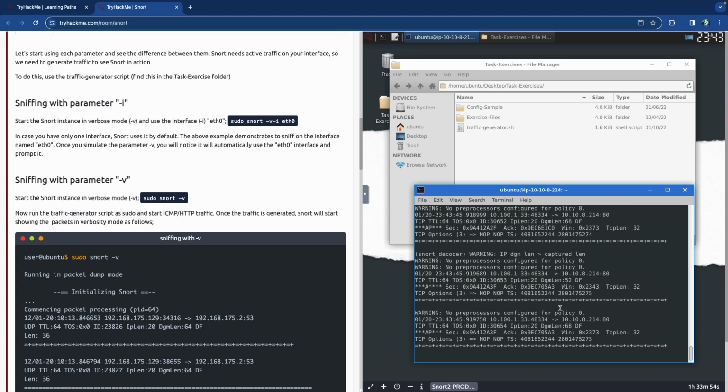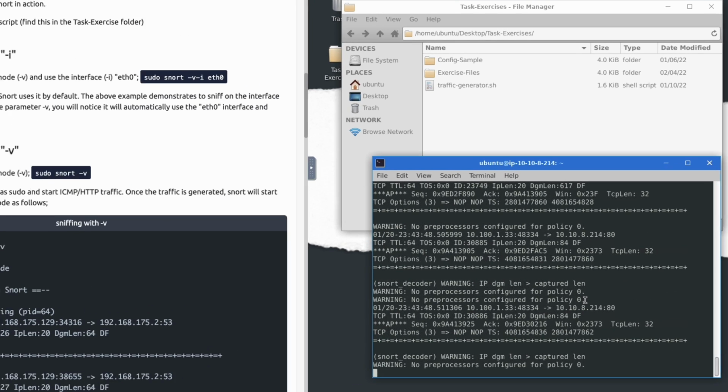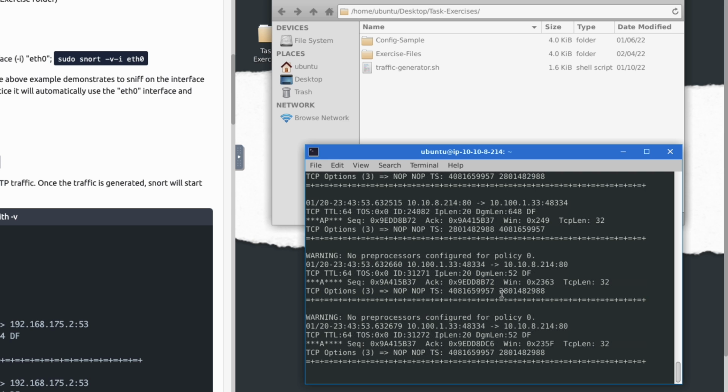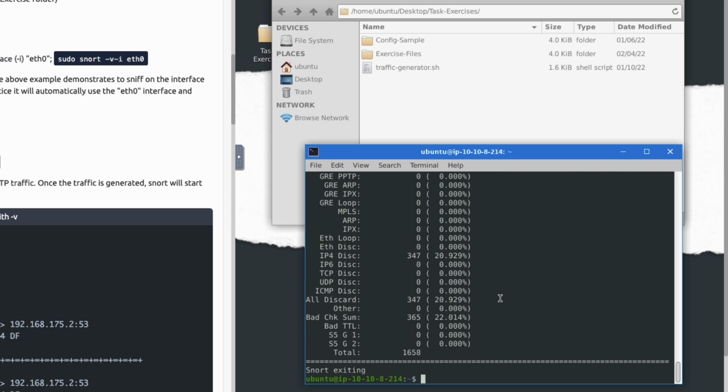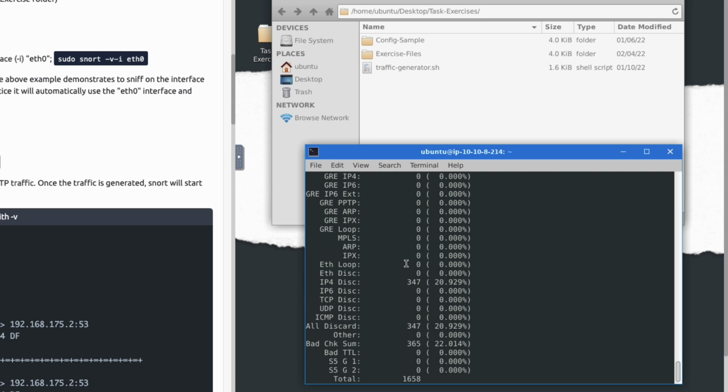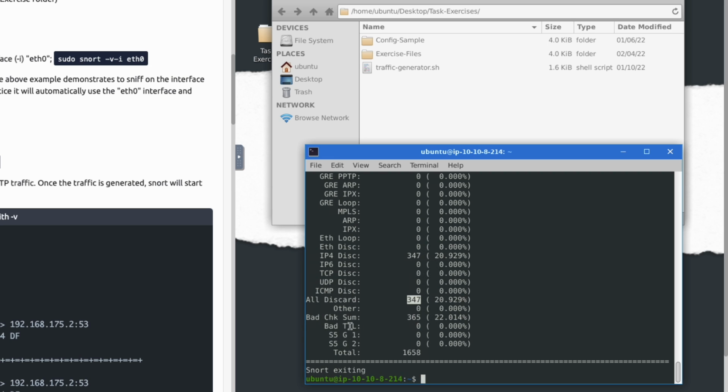Okay, so it's capturing, very similar to tcpdump. It's just like a live capture that comes in since we have an interface. I'm just going to stop it because it's going to have a lot. And now it gives us the final results of everything. So Snort exited and it captured the Ethernet packets, IPv4, TCP packets, and what else we got? We got IP4 disconnections, or I don't know what that stands for, and things that were discarded, so that is probably disconnections, and then bad checksums, 365, and so a total of